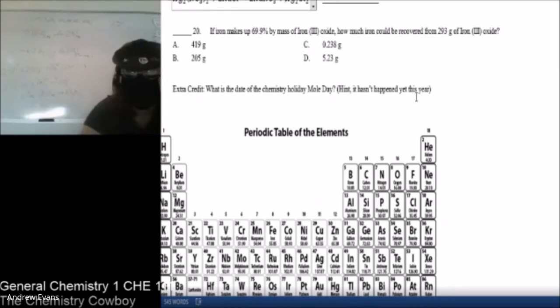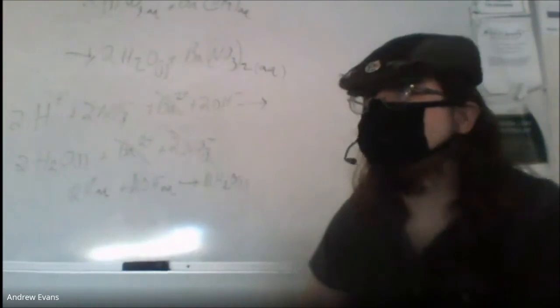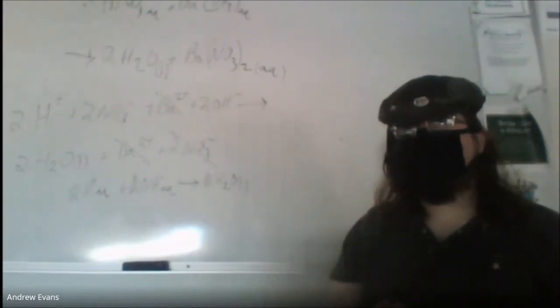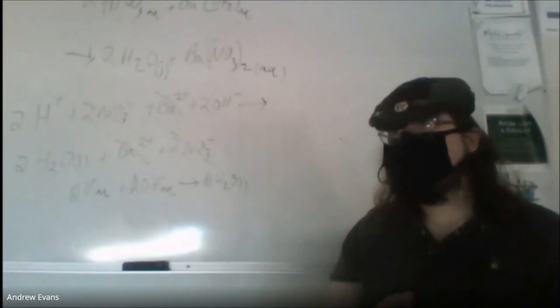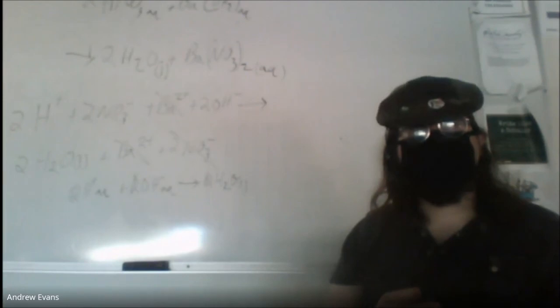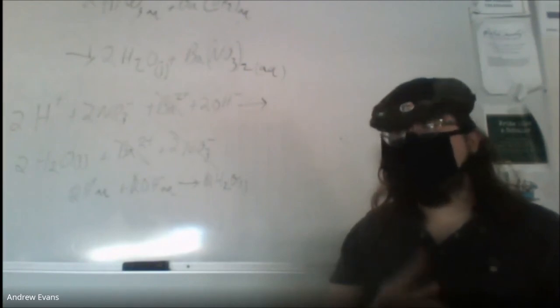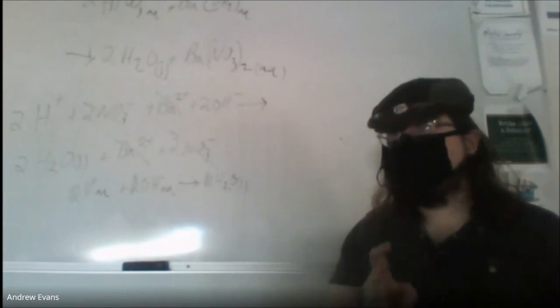But okay. That is the test. That is the test. We don't really have that much time to continue, mainly because we started so late. But so that is the good majority of the types of questions you will see on this test. Between these two videos, we have being able to draw Lewis structures, being able to determine polarity or not of Lewis structures or VSEPR models, being able to determine electronic geometry and molecular geometry, being able to figure out hybridization, being able to figure out sigma and pi bonds,